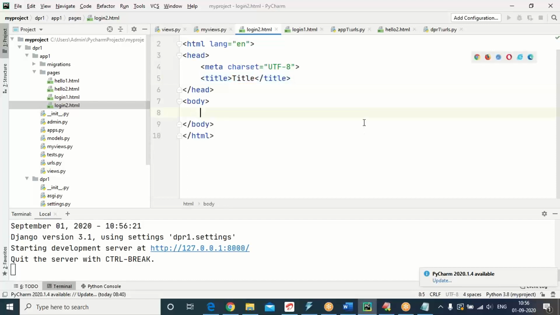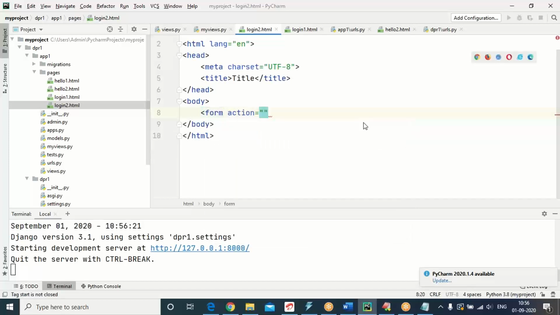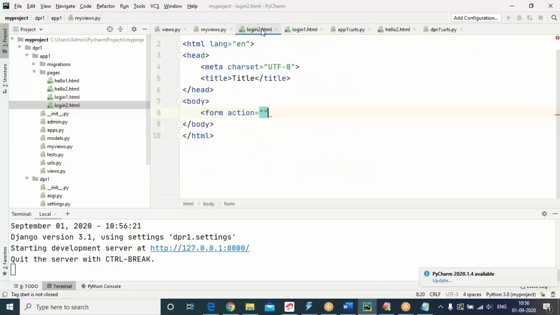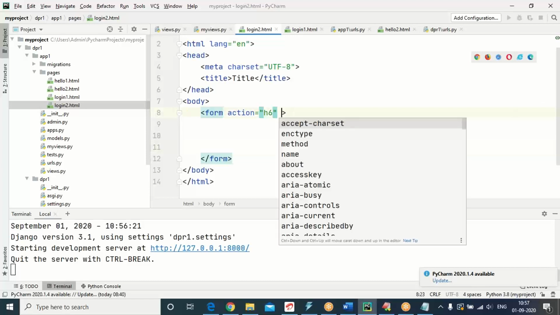Come to the body. Let us develop a form right from the beginning. Action is equal to what we have to choose. Come to my views. Let's go for hello 6. H6 I'm choosing. If you are not providing the method type, by default the method type will be get.